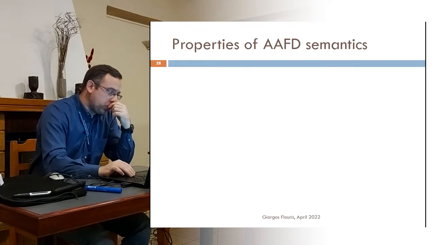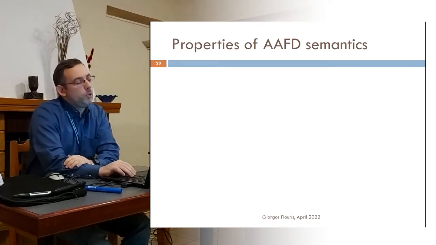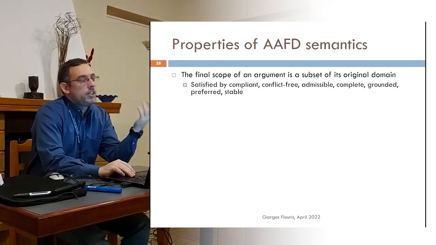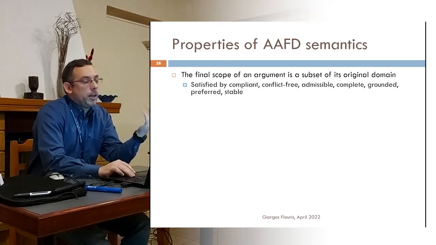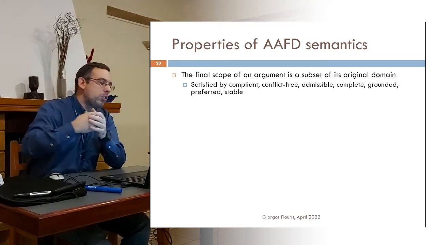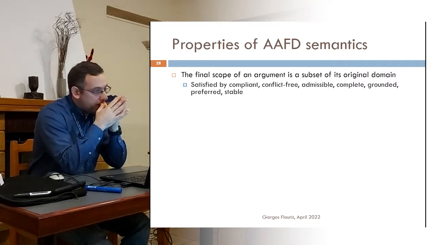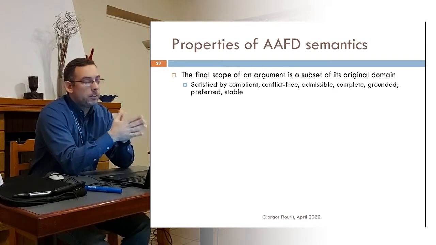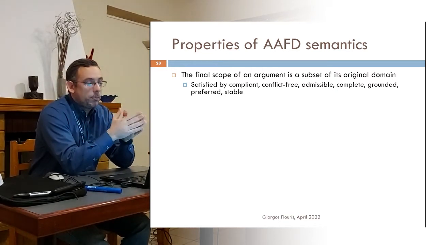Now, additional properties of AFD semantics are the following. Before we started defining the AFDs, we set some desiderata, and here I show you those desiderata and which scopes satisfy them. One of them is that the final scope of an argument is a subset of its original domain. It's what I explained about compliance. It's satisfied by almost all